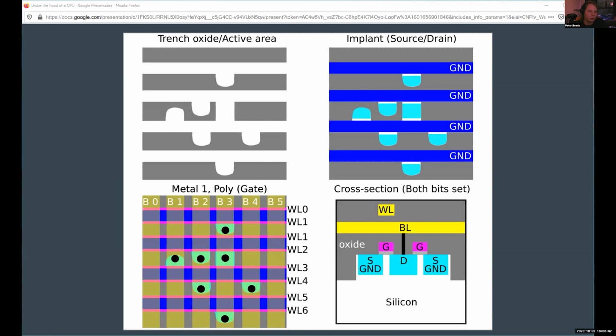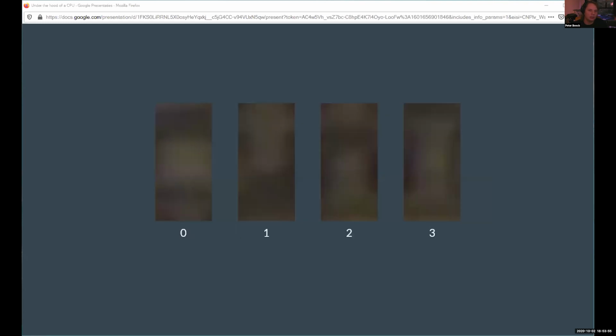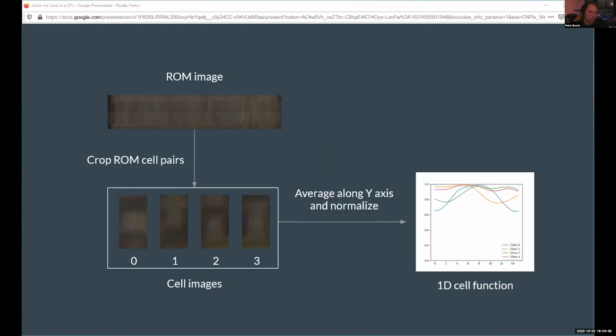The way I've done it, I've set there's 4 different kinds of cells: bottom row set, top row set, both set, or none. And if you're looking at these, it's not really a great signal to noise ratio, right? So what I ended up coming up with is to just crop the cells, and, like every good computer science problem, preprocessing can solve a lot of your problems. You can see that most of the structure is actually in the vertical direction. So I've averaged it along